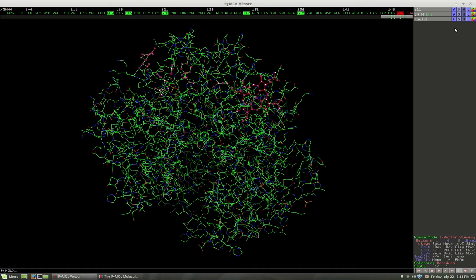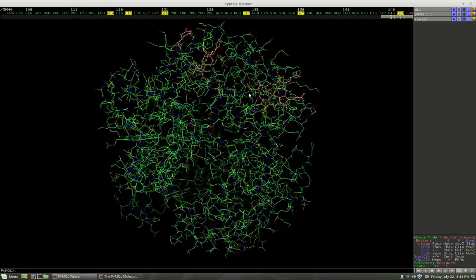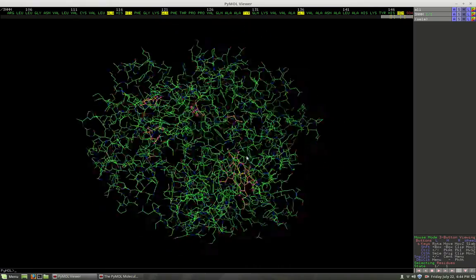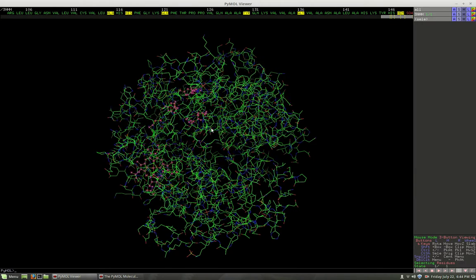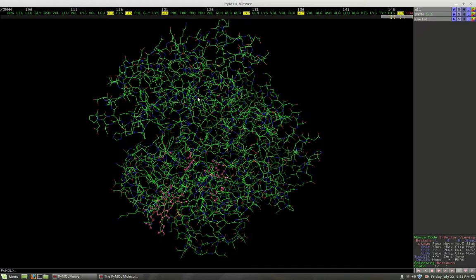Alright, and if I wanted to change those to a different color, I could come over here and choose those. Let's say I'm going to make those yellow. We can choose a particular type of yellow. Just use regular yellow. And so those are now yellow. Now another thing we can do, that was choosing the residues from the list up here, but you can do that on the actual